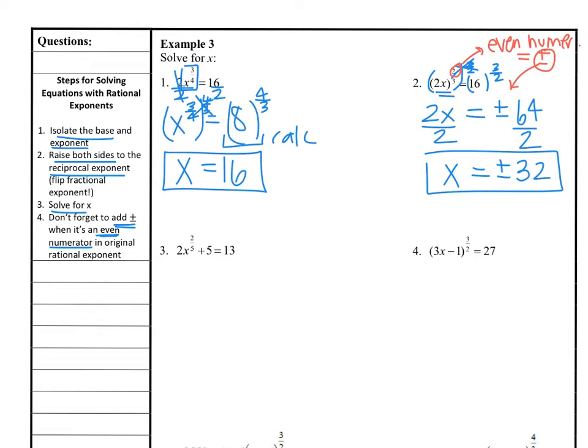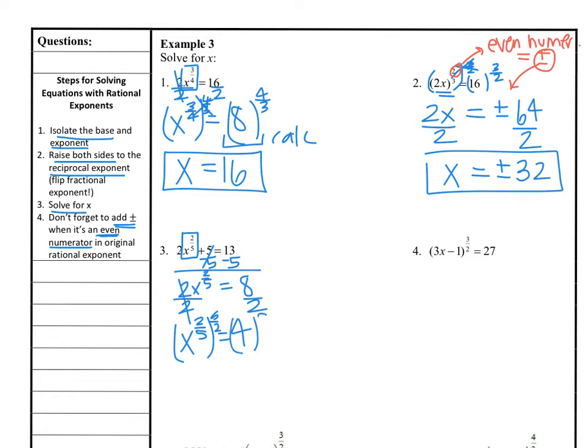Okay, the next one down here, number 3, our base is the x and our exponent is the 2/5. I'm going to isolate that and continue solving. I'm going to move the 5 to the other side, bringing down the 2x to the 2/5 power. We have an even exponent, so we should be thinking that yes, we're going to need the plus or minus. Divide both sides by 2. We get x to the 2/5 power equals 4. At this point, we need to raise to the reciprocal power, so flip the power around, get 5/2. Cancel, cancel, and we're left with x equals, now don't forget the plus or minus,